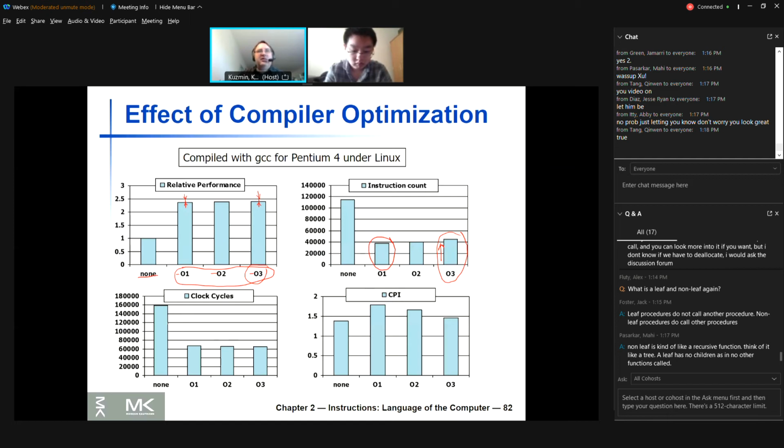And clock cycles, quite predictably, with no optimization, are the highest, and that's why the performance is lowest, right? Because we have to do the highest number of clocks, and then with optimizations, you see that their clock cycles are much lower. Okay, and amazingly, like CPI, if you look at clocks per instruction, then O1 optimization has the